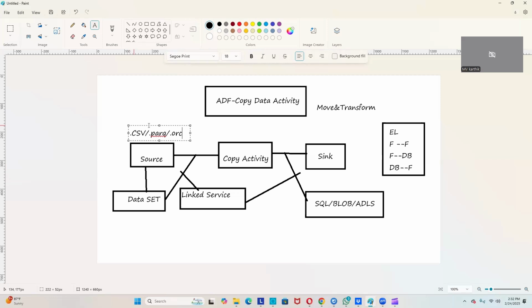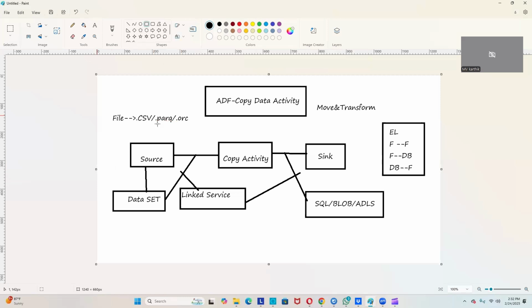These are nothing but your sources, in the format of file formats. These are all the file formats which we use to get the input data, and the formats into which we are going to load our data. In this case, CSV files or Parquet files we are using as a source, and by using the